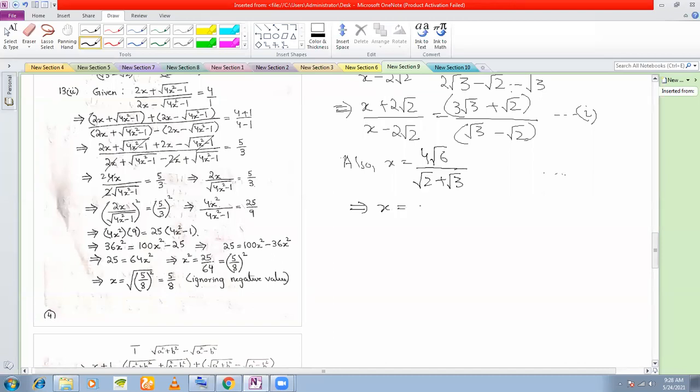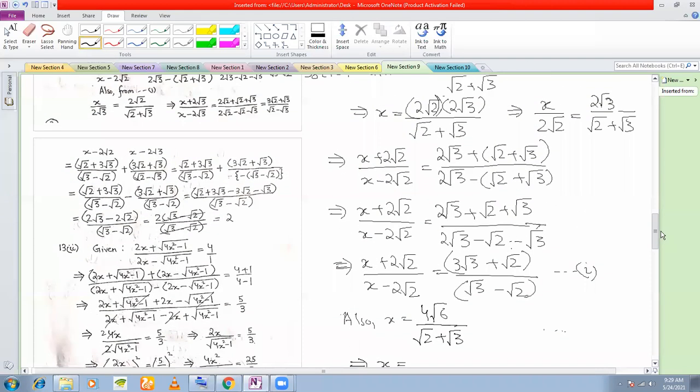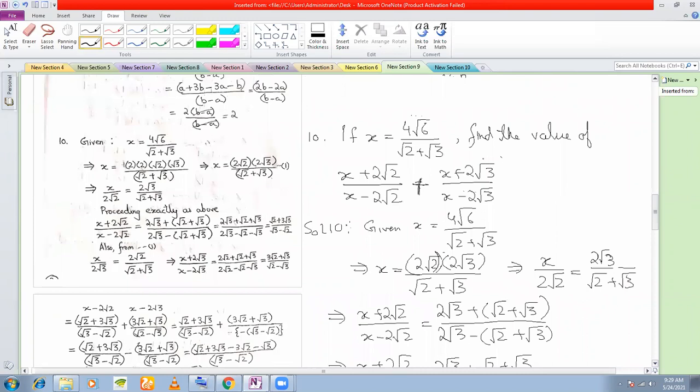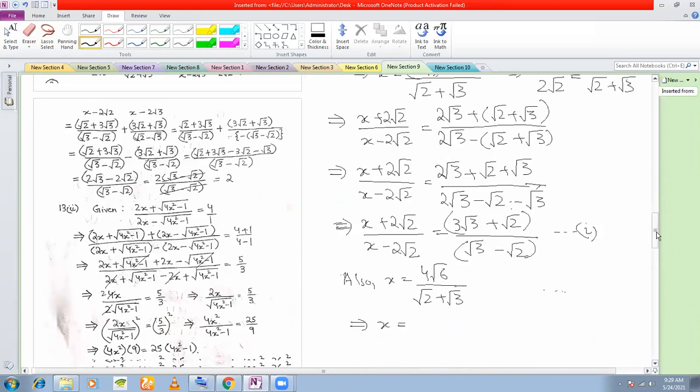Now how are we going to break this? What do we need? We need to see here that the second part that we need is 2 root 3 x. You have the second part as (x + 2 root 3) by (x - 2 root 3). That means we need the fraction x by 2 root 3. So we'll try to find it.